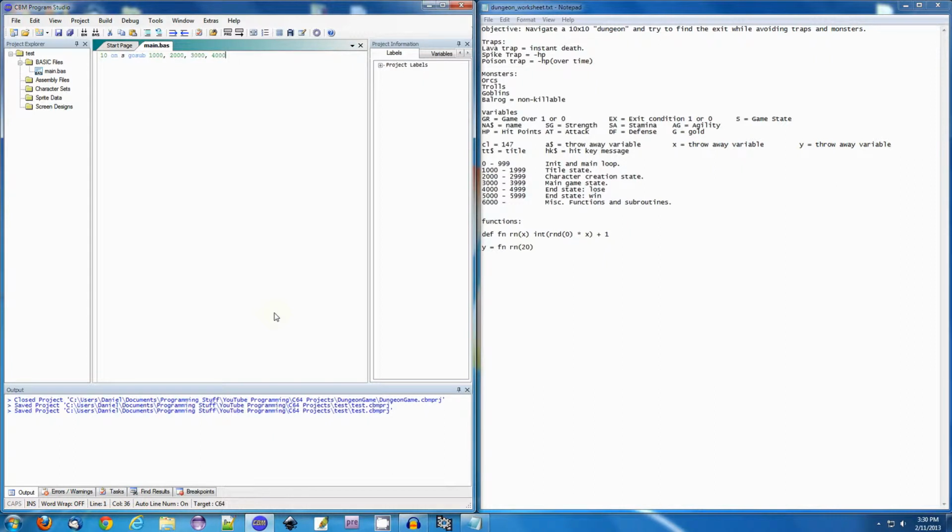This is a simple way of doing something along the lines of if S equal 1, then gosub 1000. If S equal 2, then gosub 2000. And I believe it takes a little bit less memory, and that's important because we're dealing with 64K of RAM,